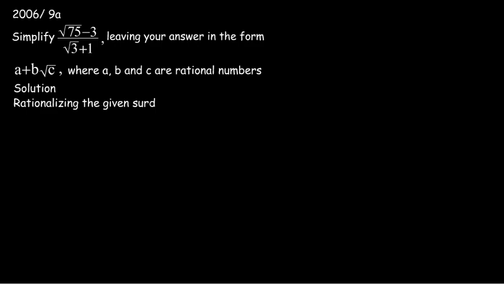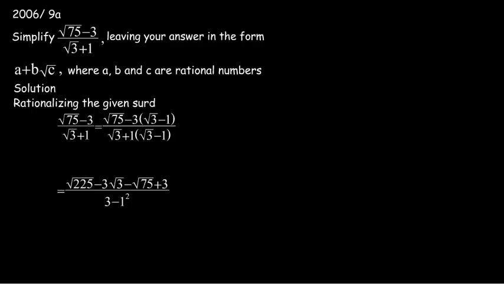Rationalizing the given surd, it becomes (√75 − 3)/(√3 + 1) is equal to (√75 − 3)(√3 − 1) over (√3 + 1)(√3 − 1). Now simplifying the numerator and the denominator by expanding both brackets, it will be equal to (√225 − √75 − 3√3 + 3) divided by (3 − 1), which when we simplify